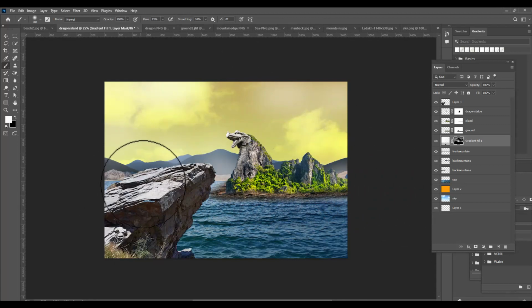So something like this. Make sure that the flow value is very low so that the fog doesn't look too intense. Right, this much is okay. Next is